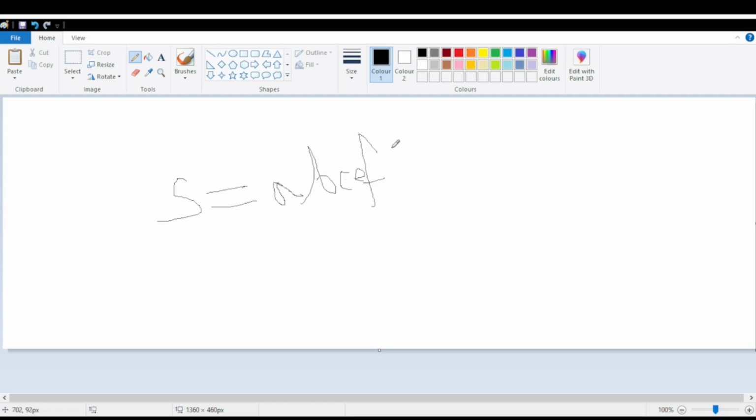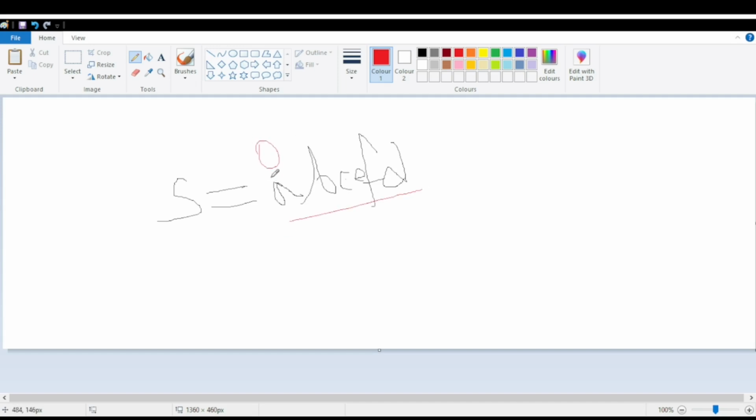Never mind, I'm taking another example: A B C and then E, F and D. They have taken it like this, and then let us assign indexes.